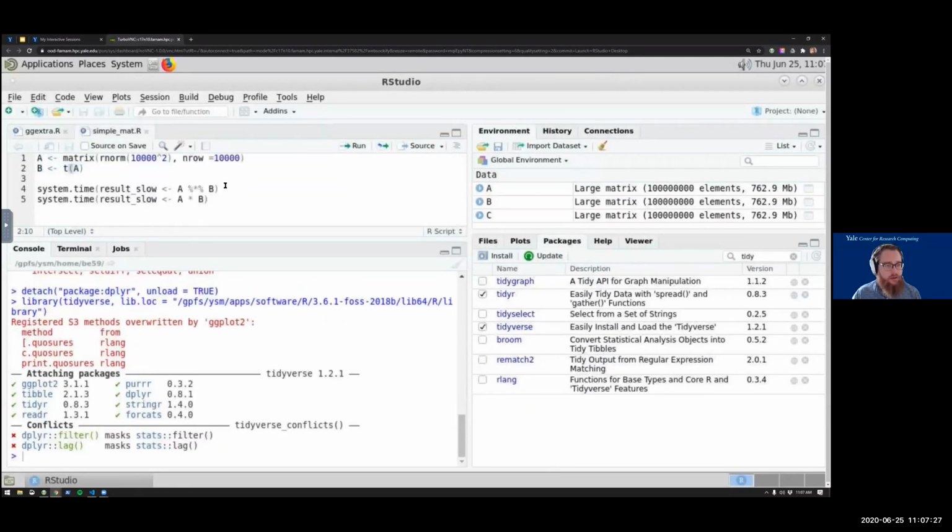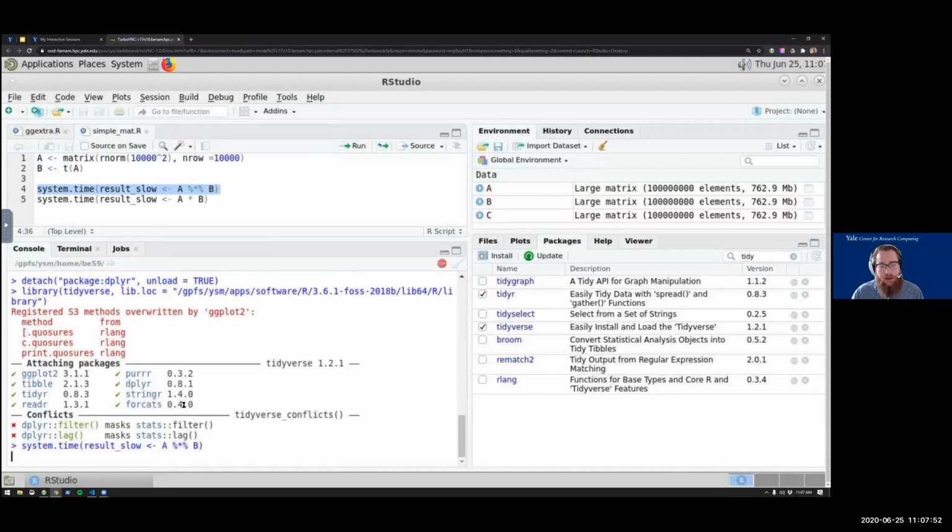So here's probably the simplest way to try and measure performance: use the system.time function and wrap it around some R function. If I run this, I'm asking for matrix multiplication of the A matrix and the B matrix. It'll take a few seconds because they're not small.